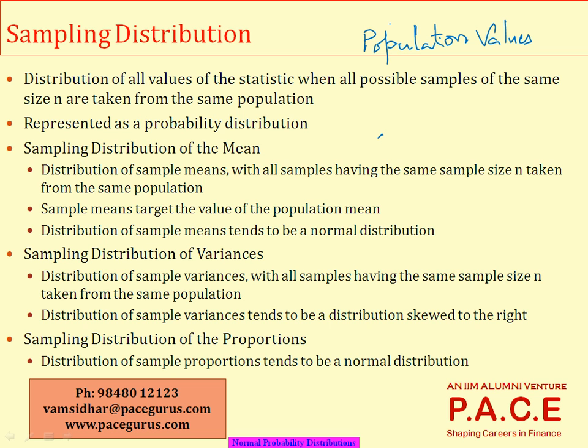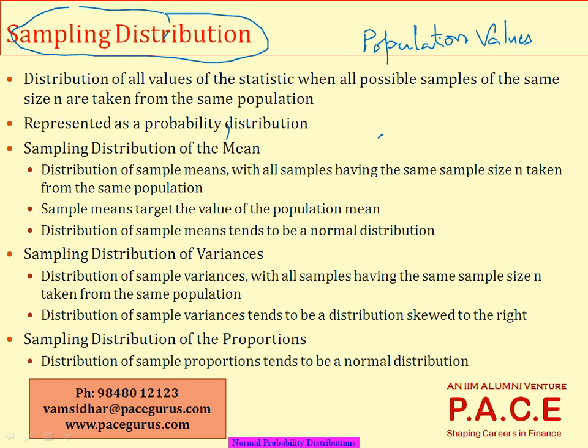Now, depending on who are the 1,000 people included in the sample, their average height can very well differ. Now, if I take different possible samples of 1,000 and for each sample find out its mean or variance, and then draw a graph of all the possible sample means or sample variances or sample proportions, that is what we call a sampling distribution.